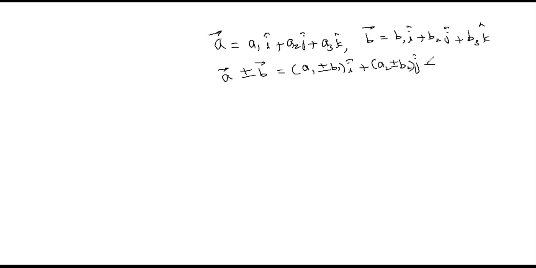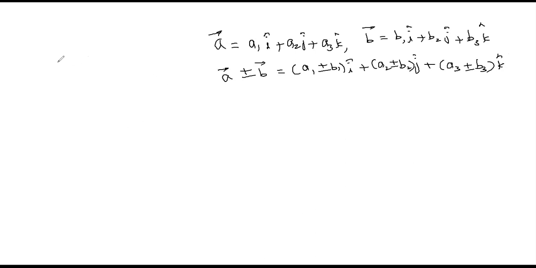I'm writing both the properties together. And A3 plus or minus B3, k. So like this, we can add and subtract their components, and similarly, if they are equal, we can equate